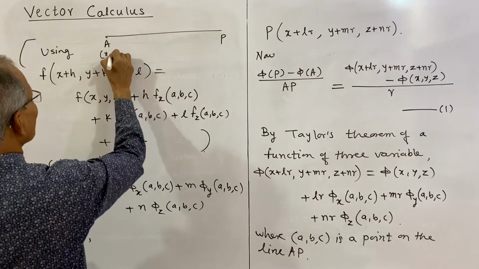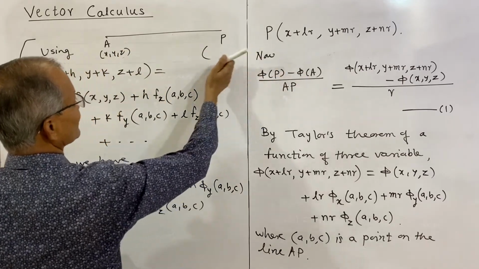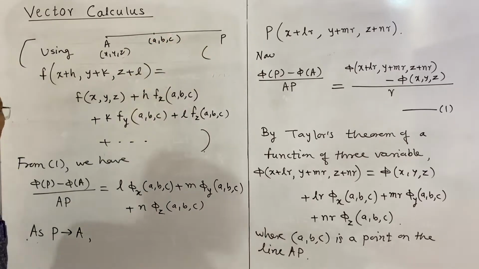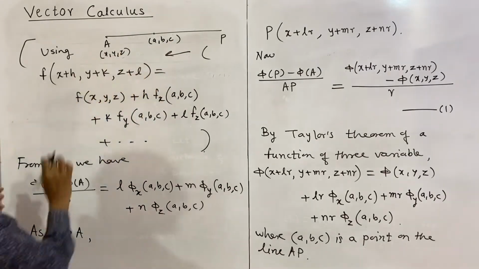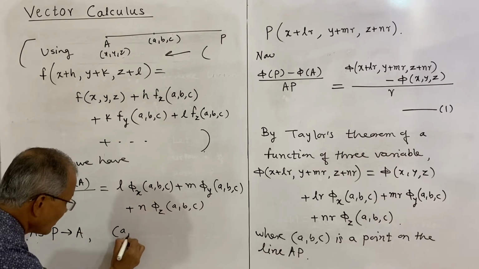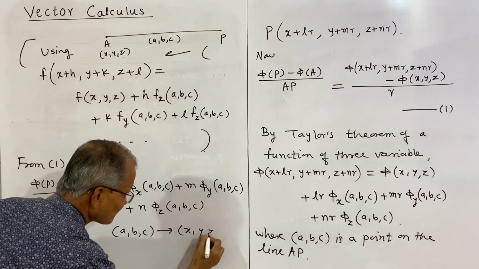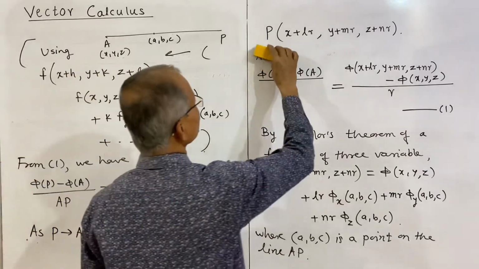The coordinates of A are x, y, z, and P has these coordinates. ABC is a point between A and P on the line, and as P approaches A, ABC will also approach x, y, z. And therefore, taking the limit as P tends to A, we get